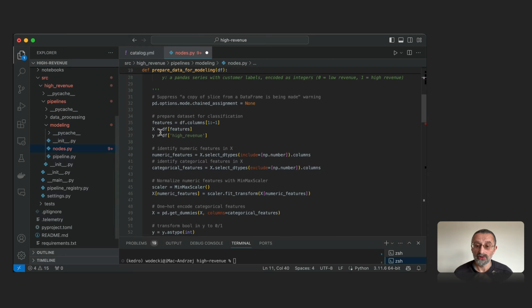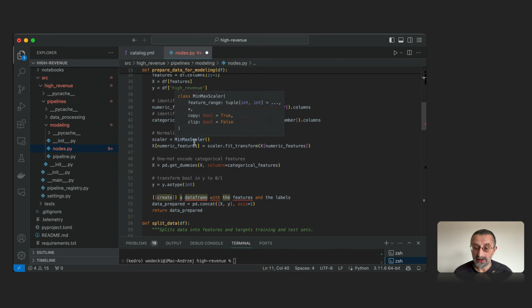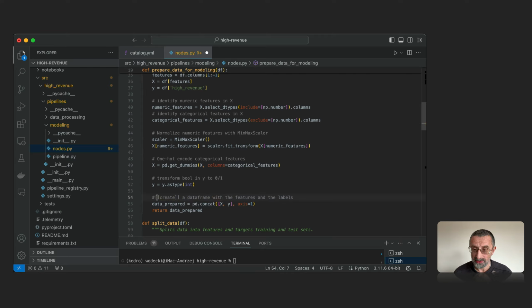So we store it as Y. Next, we select numeric features, categorical features, and perform some scaling of those features. Now, this should be commented. We create a data frame with the features and labels. And this is the first